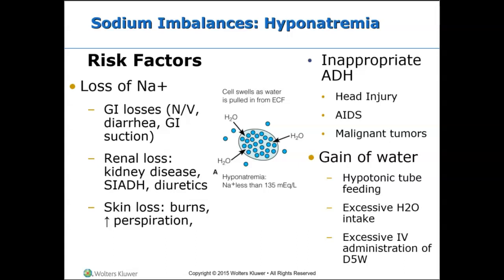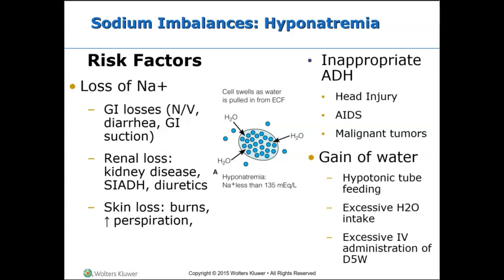It could be due to huge losses, right? Fluid losses when we have burns. It could definitely be that. And in some cases with excessive perspiration, right? So a ton of perspiration. This loss could also stem from an ADH hormonal imbalance from things like big head injuries. Maybe patients who have AIDS can have imbalances with their hormones, and it thus can cause electrolyte issues. And tumors, you're going to discuss tumors. I think it's in block 4 that affect ADH